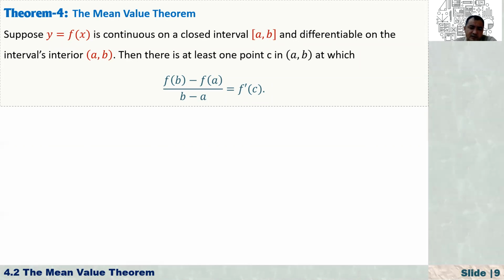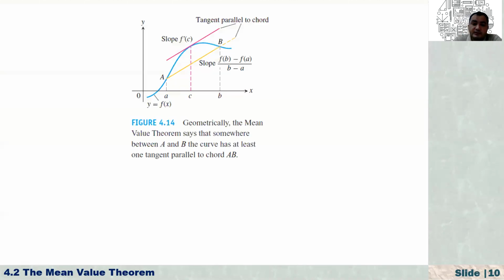Actually, on the left-hand side, what is it? We know f prime of c is the slope of the function, or the tangent to the curve, at point c, right? So simply in the graph, you can see that this theorem is saying that if the function is differentiable over the interval (a, b), and also continuous, then there is at least one c. If you draw a straight line that passes through capital A and capital B, I can draw another straight line that is tangent to the curve, which is parallel to this straight line.